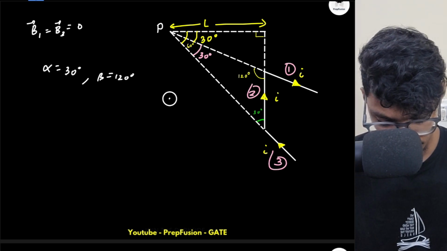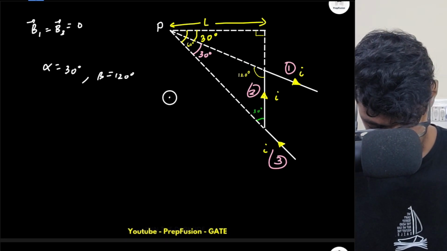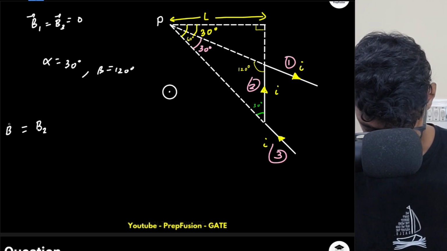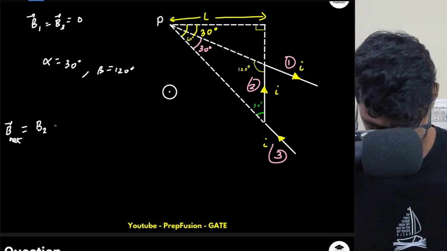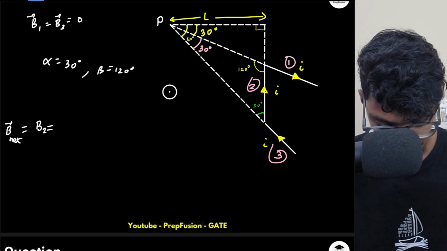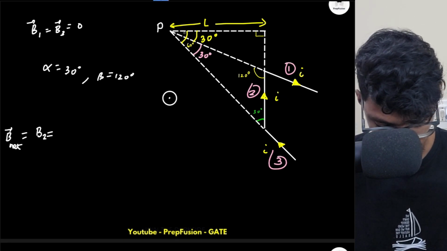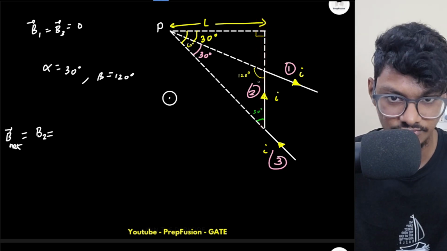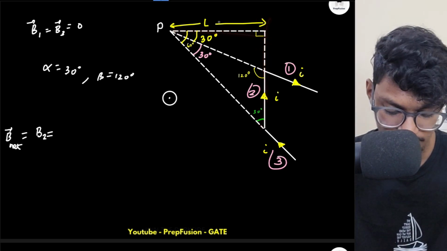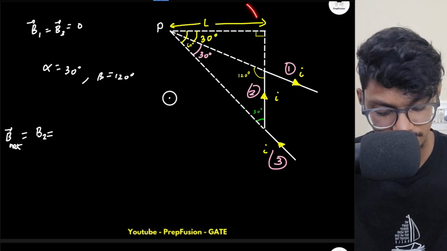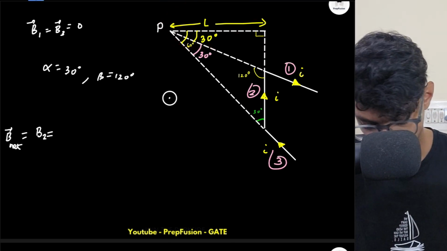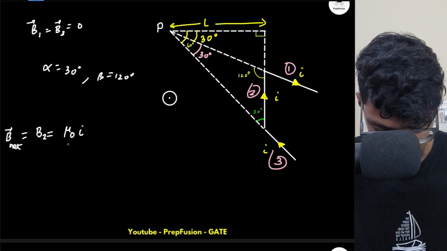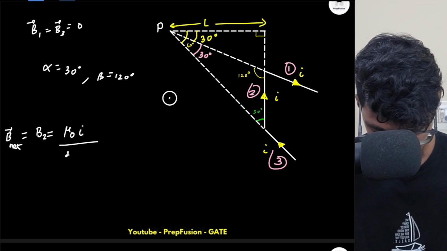So here I can say that this B2 will be simply the B net. This will be equal to, now what is the distance actually? This distance is L. So this perpendicular distance from the axis of the current carrying wire is simply L. So this will not change. This is still L, right? So this will be mu naught I divided by 4 pi